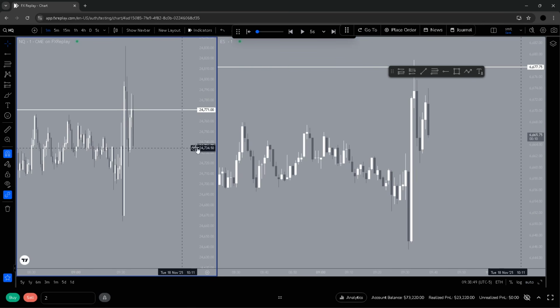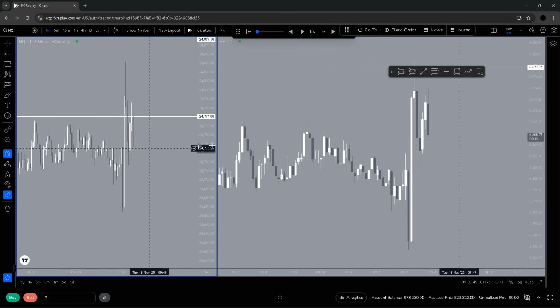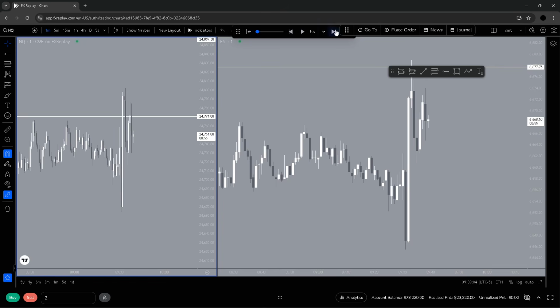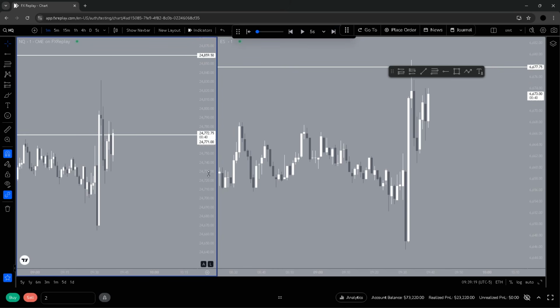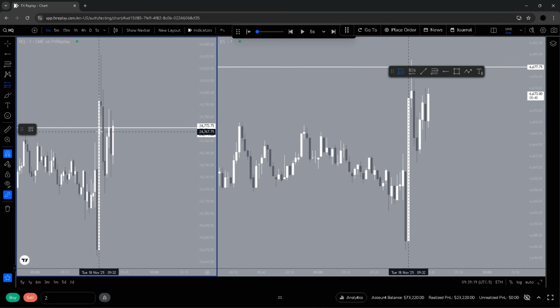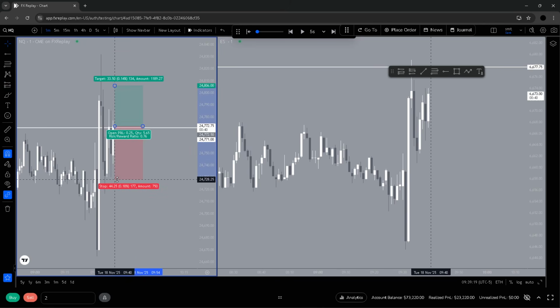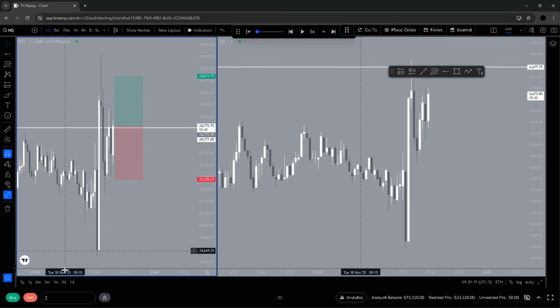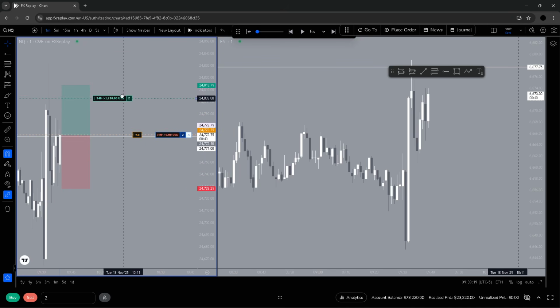That'd be the short entry, though. But I'd think actually, I see some internal manip here, delayed. Some internal manip and run higher, because we're a bit delayed here. Looks like SMT wants to get formed. So let's have a look. Rebalance into that area. This looks good for a discretionary entry honestly. We didn't get the manipulation, but I feel like we'll take a risk on this one. We're going to go for a 1-to-1 here as well, 50% of the wick. I'm just going to take a risk on this one.